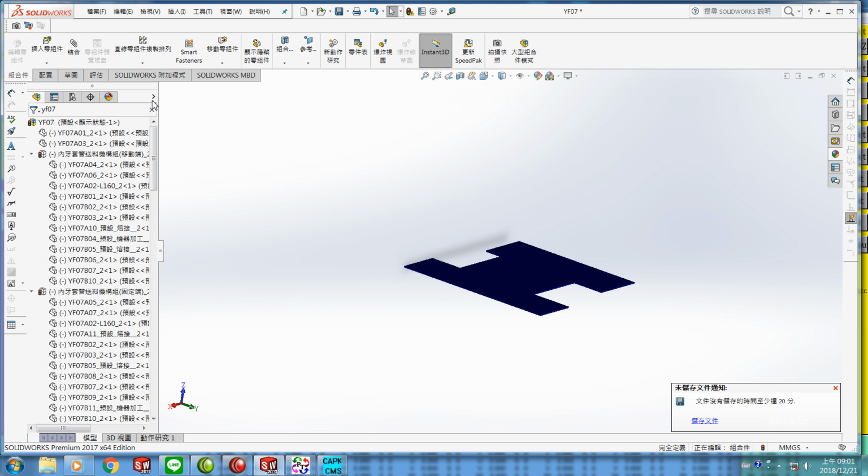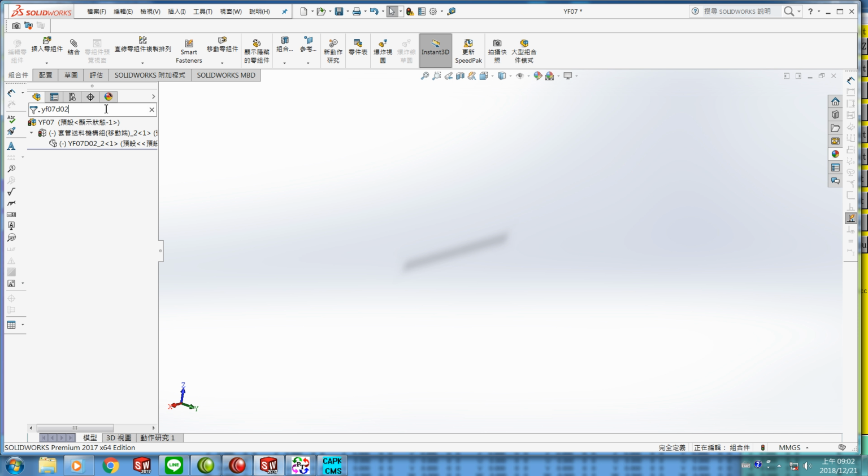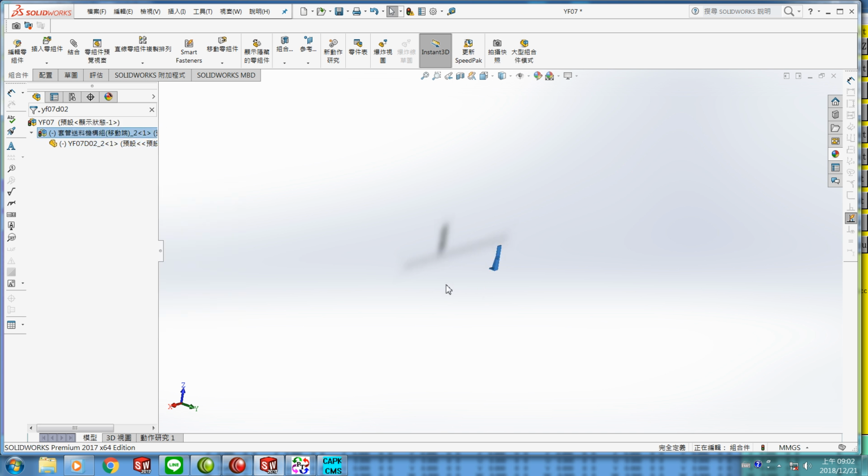is YF07 D02. This one, and put a cursor on top of it and press the right button and pick the eye symbol. You can see in here the second. And the third,